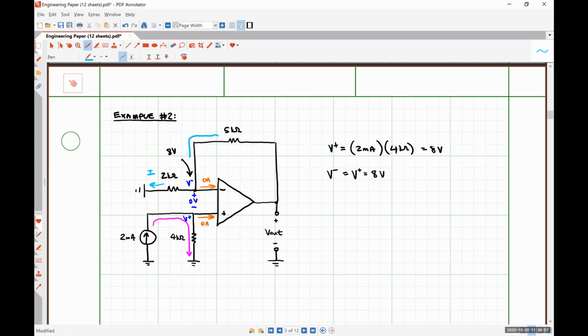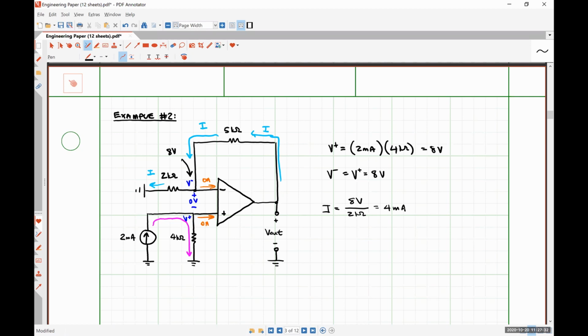That same amount of current I must be flowing through the 5 kilo ohm resistor, because we know that none of it can branch off and flow into the inverting input terminal. So we can write our current I is 8 volts divided by 2 kiloohms, which is equal to 4